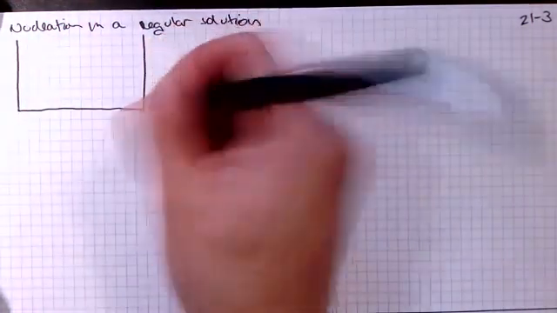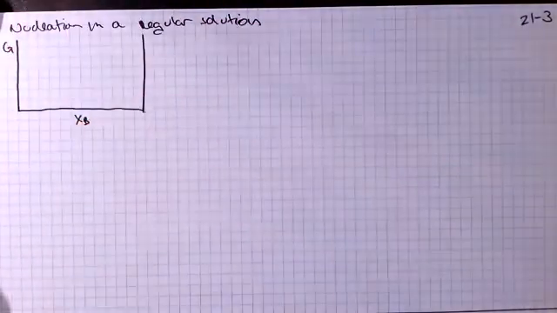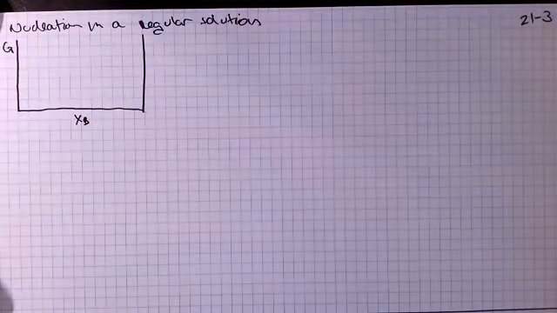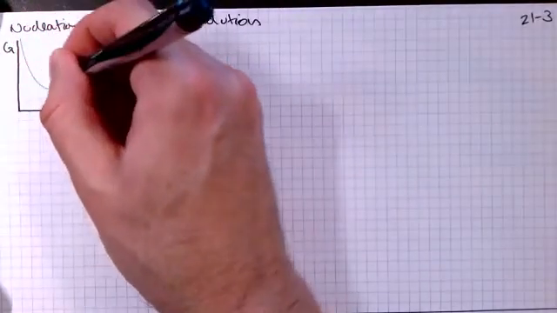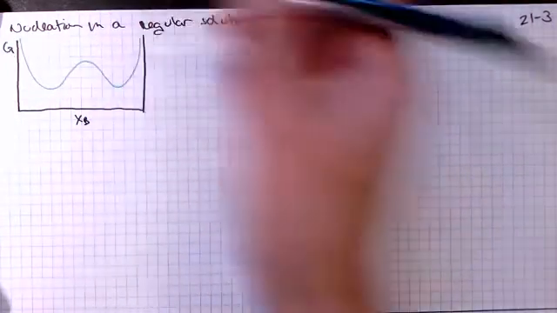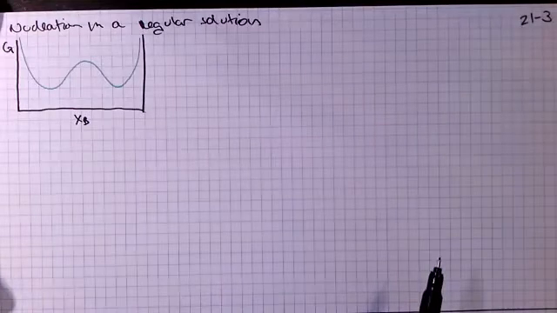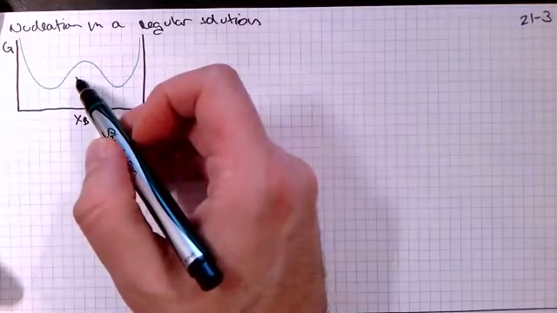If we look at the Gibbs free energy as a function of composition, we have this double minimum, right? And we're trying to think of what happens when we start out with